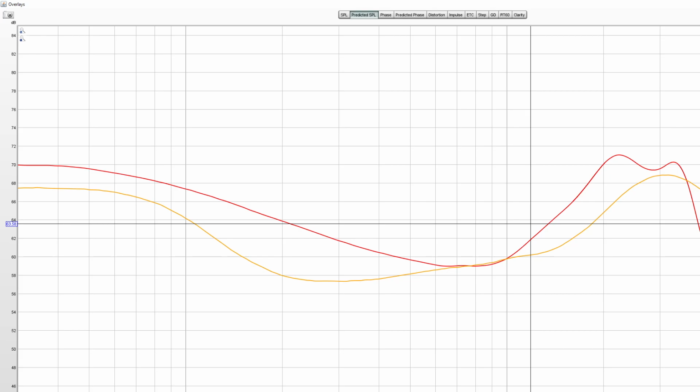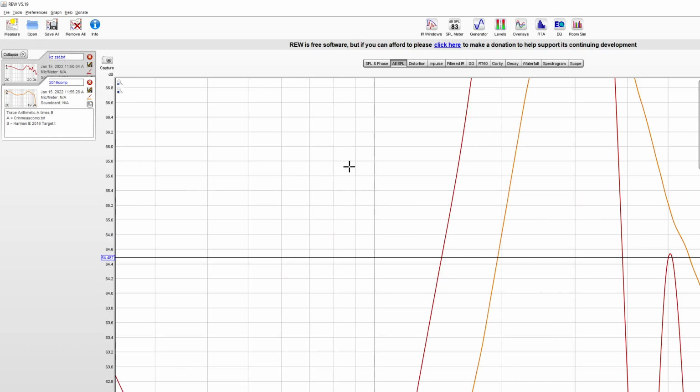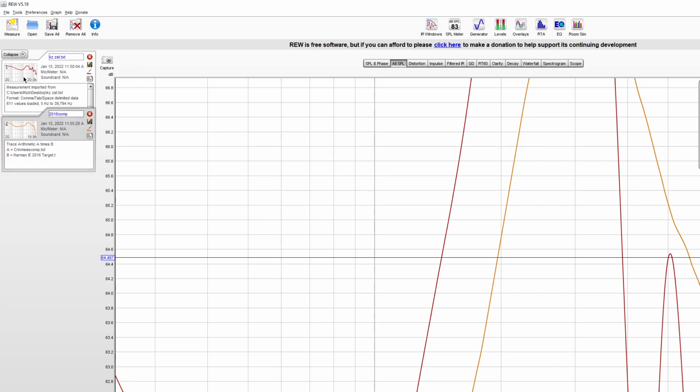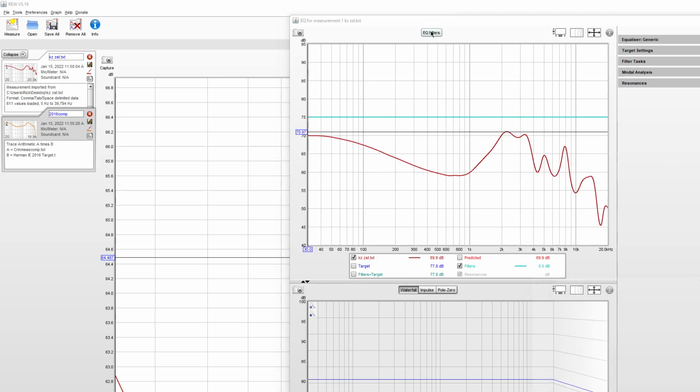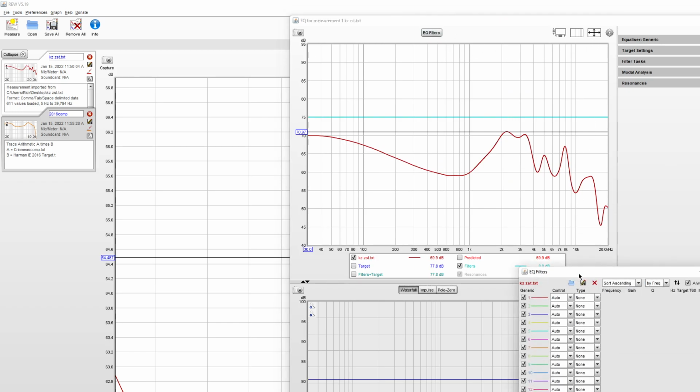So what I'm going to do now is I'm going to go back to the main REW EQ Wizard screen, the home screen. I'm going to make sure that I have the one that I want to be modifying, that I want to be making an EQ profile for, designing my filters for selected, and I'm going to hit EQ, and I'm going to hit EQ filters,